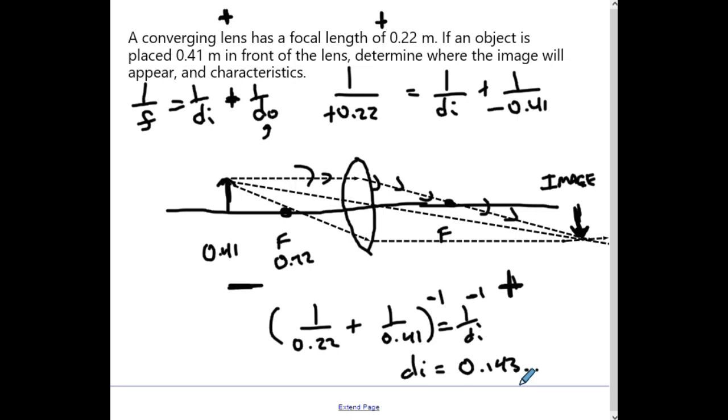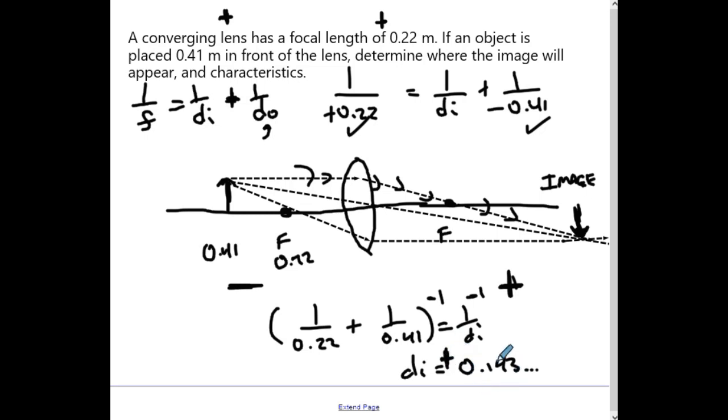And what that would mean then is that I don't think I've really drawn this one to scale all that well. Let me just check this one more time. We're going to use a positive focal length of 0.22. Yeah, that went right there. We're going to use a negative object image of 0.41. I'm just checking my math. 0.22, 0.41. Yeah. And so my image, now the answer that I got is positive,